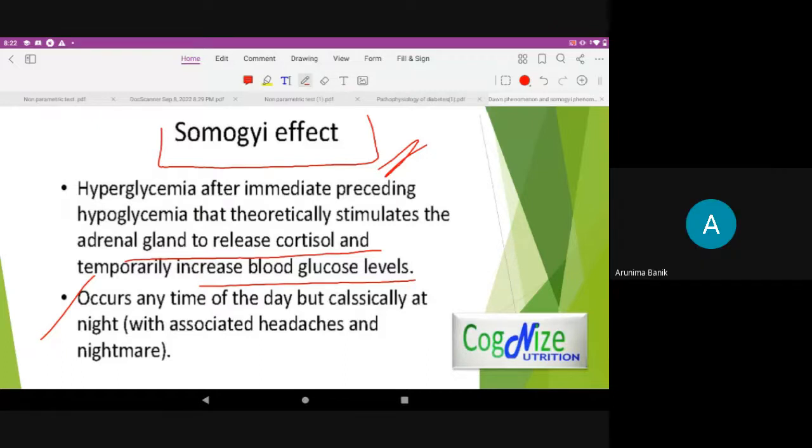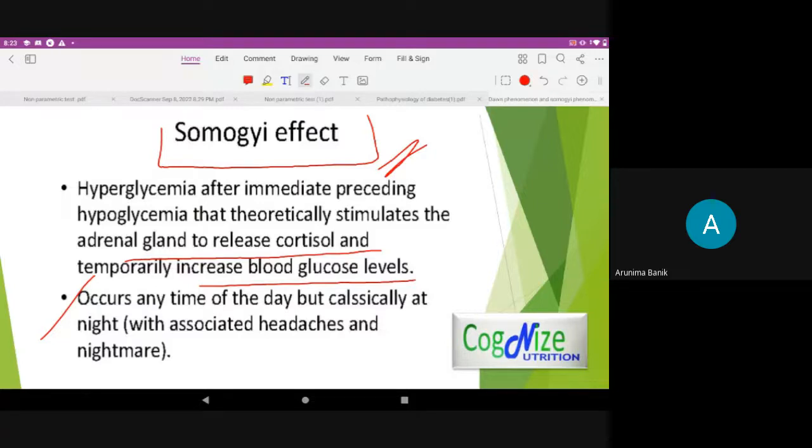The insulin will be secreted and the patient will go into a hypoglycemic condition. Please repeat, Arunima. Ma'am, I am saying that within 2 hours, as you said, the circadian mechanism is responsible. Insulin, cortisol, growth hormone, all are following the same pattern. After a certain period of time, if we are not taking anything, the insulin will automatically surge up, and